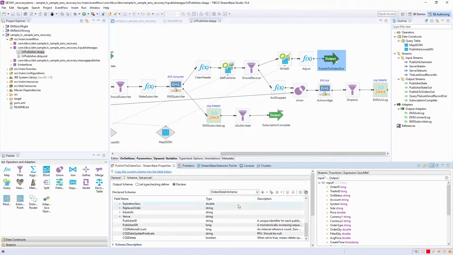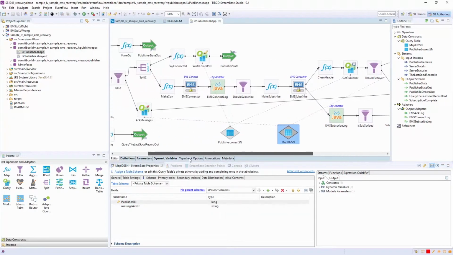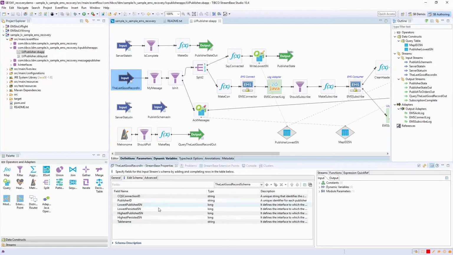Each tuple identifies the publisher with the value of the publisher ID field and a message sequence number we calculate, identified as the publisher sequence number, publisher SN field. These are written to the table along with the data. It is the publisher sequence number value which is returned from the last good record in stream in the field lowest published sequence number, which tells us the highest sequence number for which all sequence numbers prior and itself are